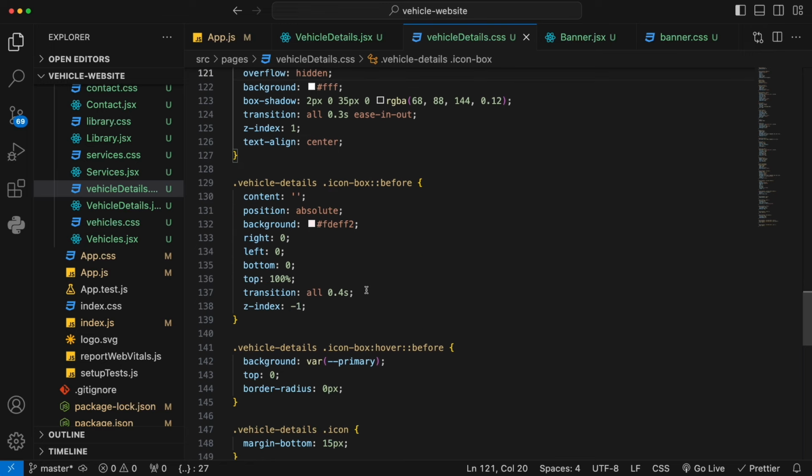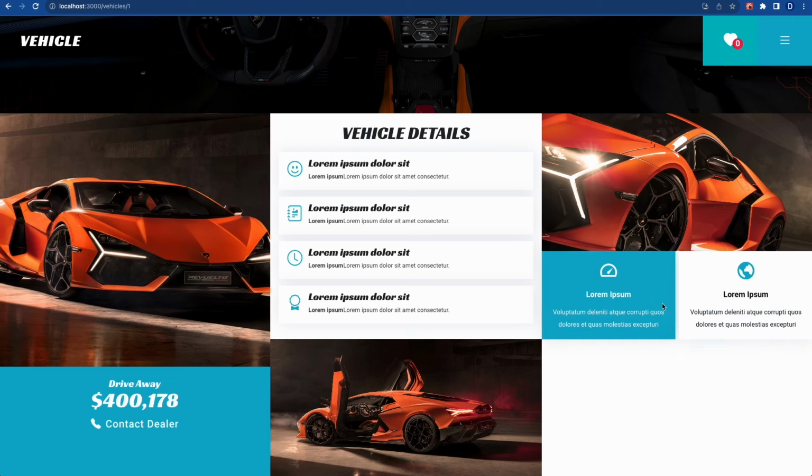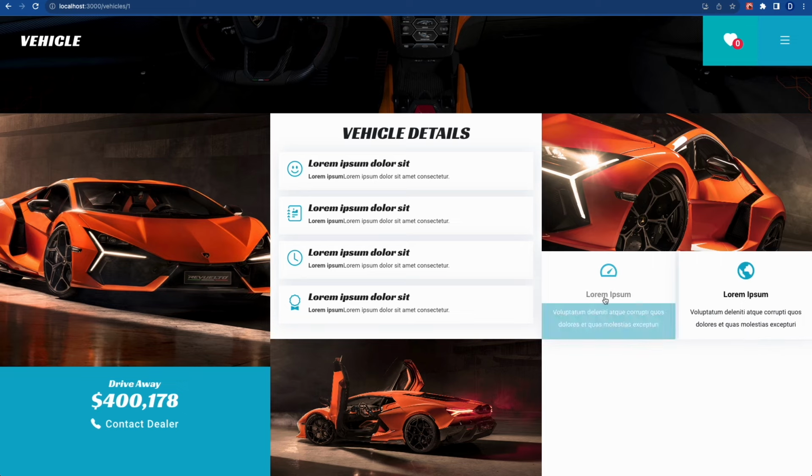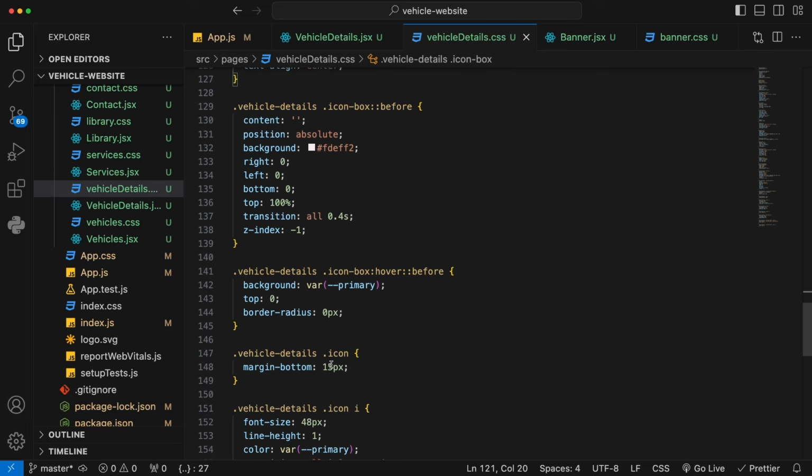The beauty with this design is this hover effects. Because if you look at it, when we hover on the item, the background will change and the font color will change. So you just need to enable that. So when you have the hover effect, first you give a before pseudo element, and that has the background color white. So when you hover it, make sure that pseudo element's background color changes to the theme color of the